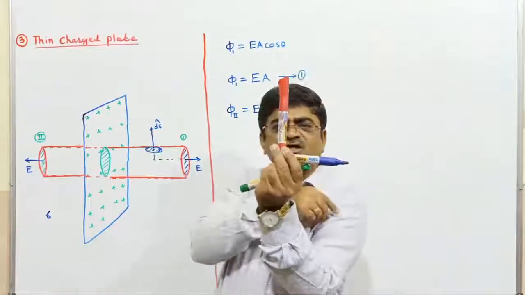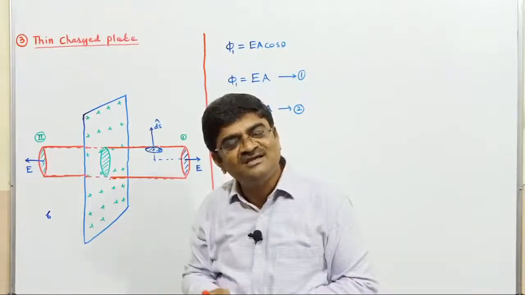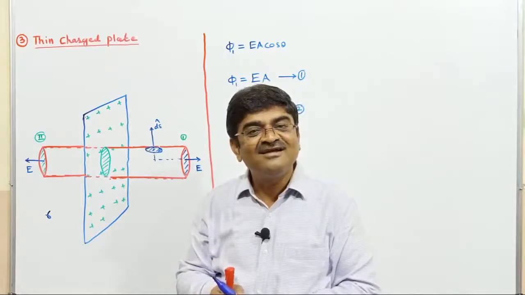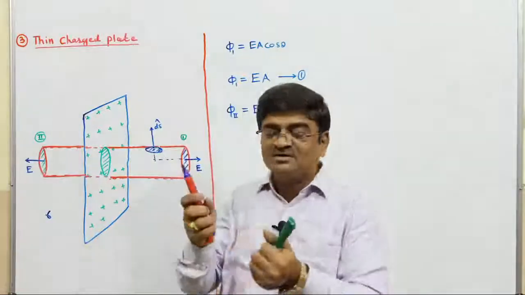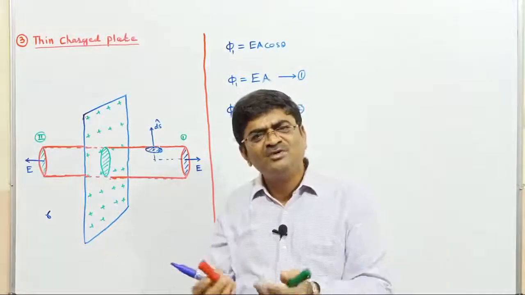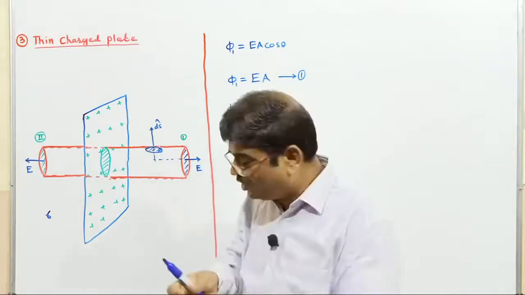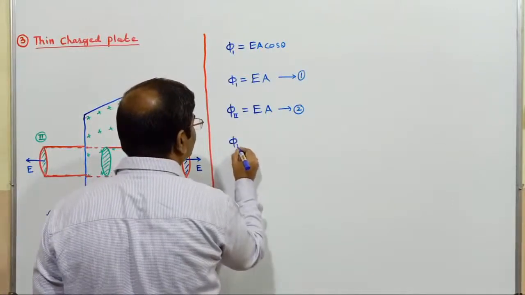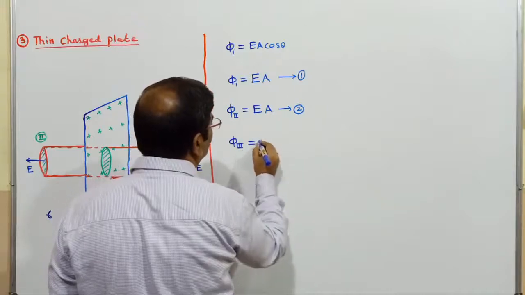Intensity is in this direction. So the angle between them is again equal to 90. And once I know the angle is 90, the flux through one small part of the curved portion that I have taken right now is zero. The same thing is going to happen with every small portion of the curved part. So the flux through the curved part of the Gaussian, ultimately, I am going to get 0.